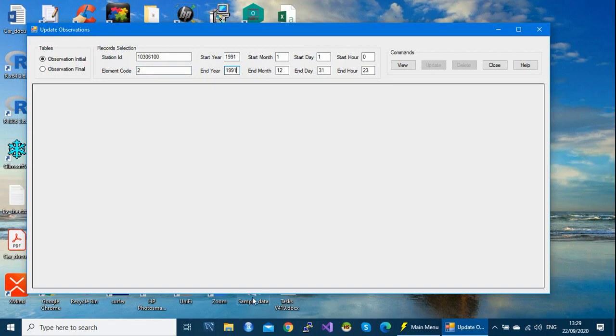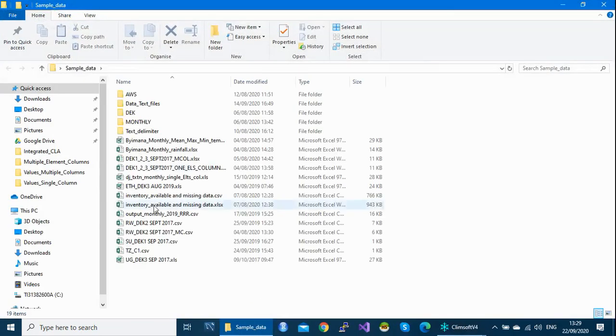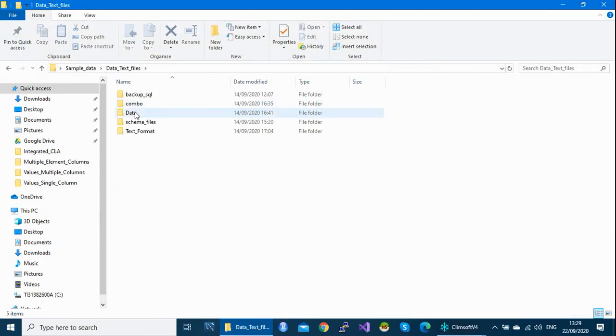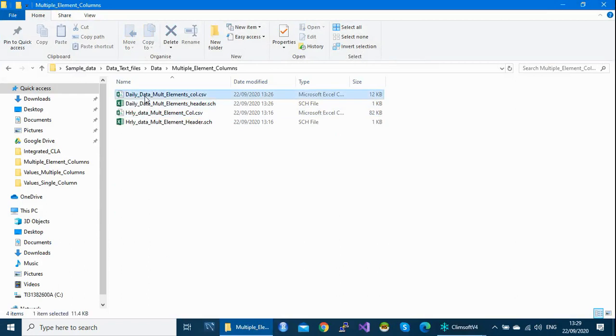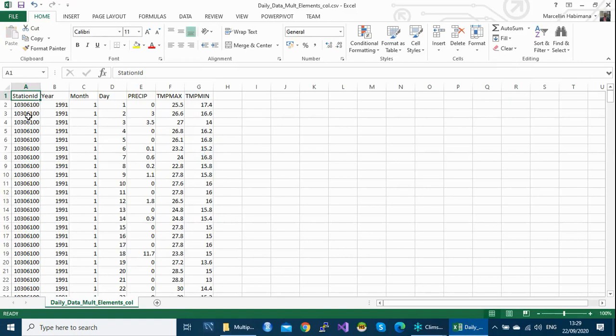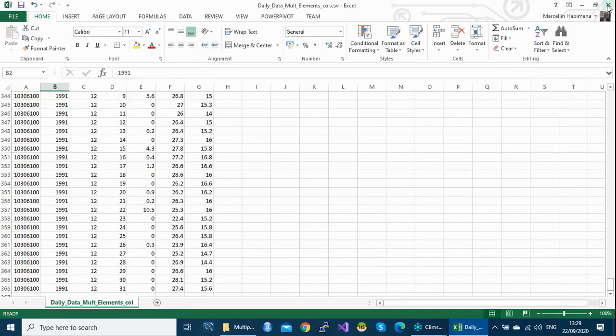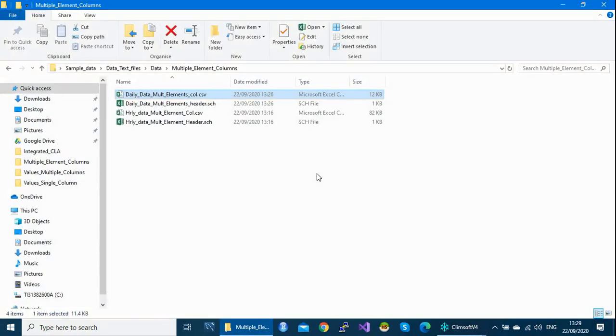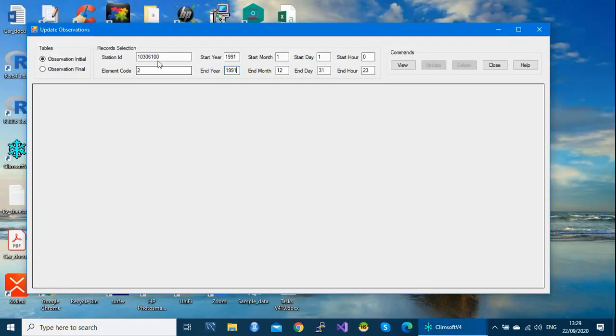So what I mean is that I'm trying to select the same file now using ClimSoft. Here my file is this one. You can see the station is this one, the year is this one, and so on. This is the same thing I'm doing here. Don't save. I've put the station ID, I've put my element code, and this is the year.